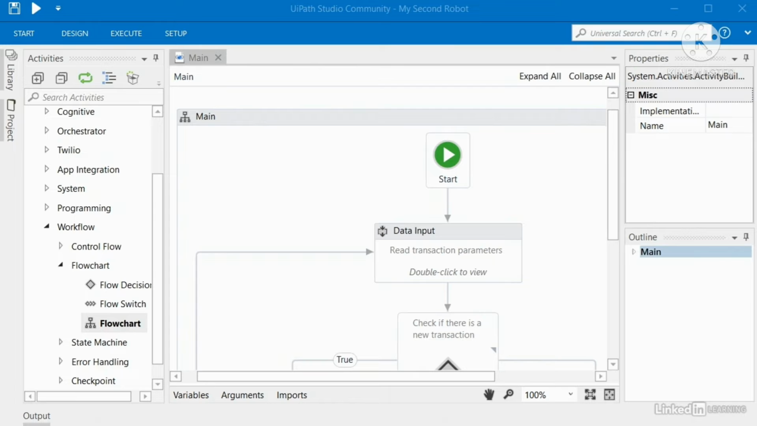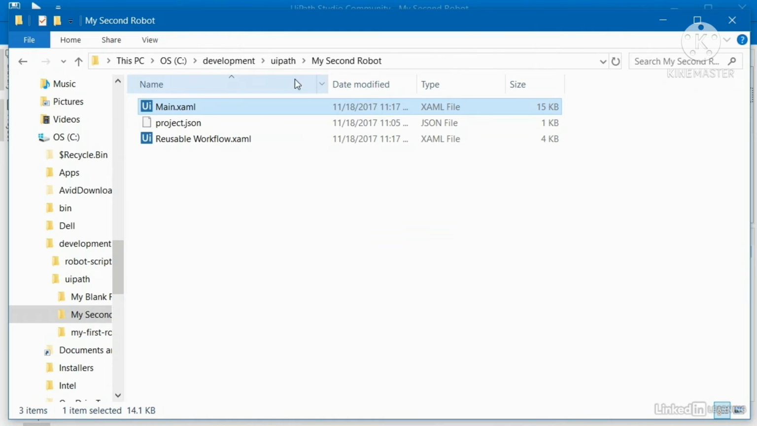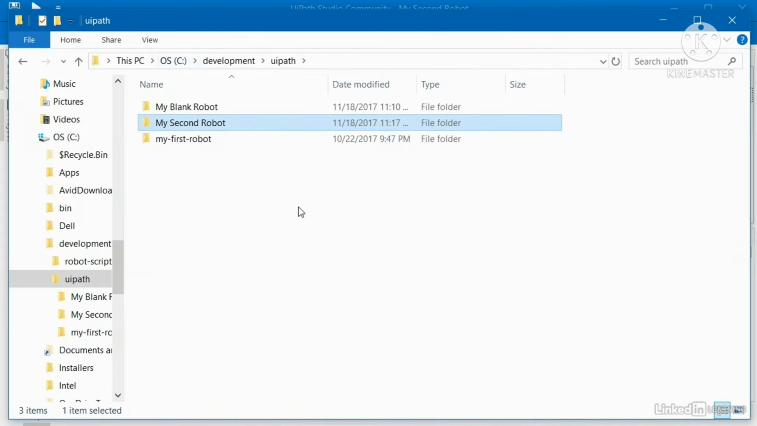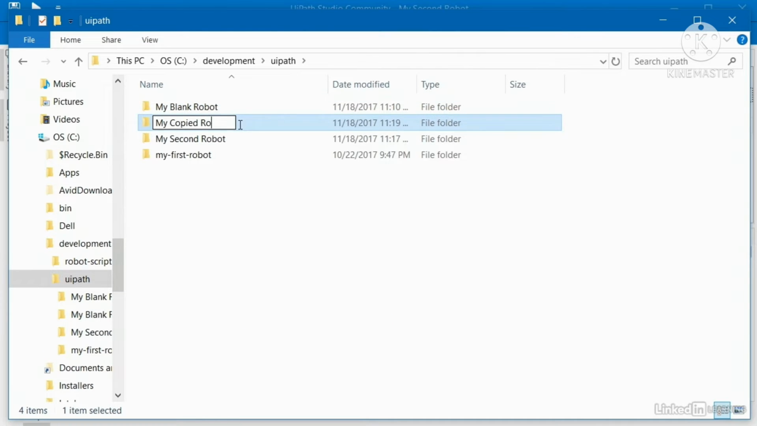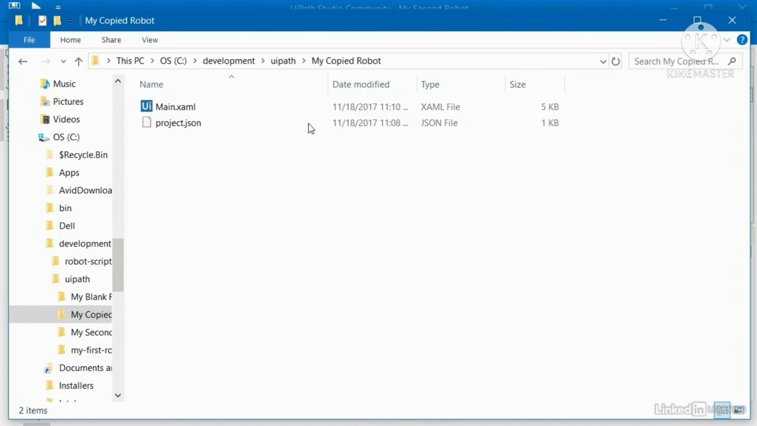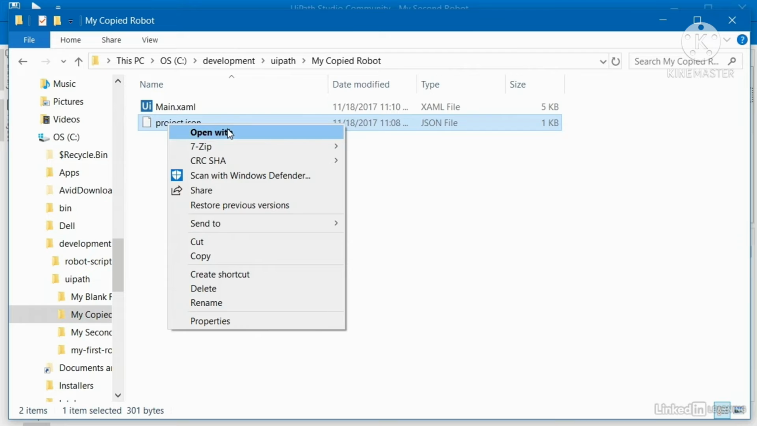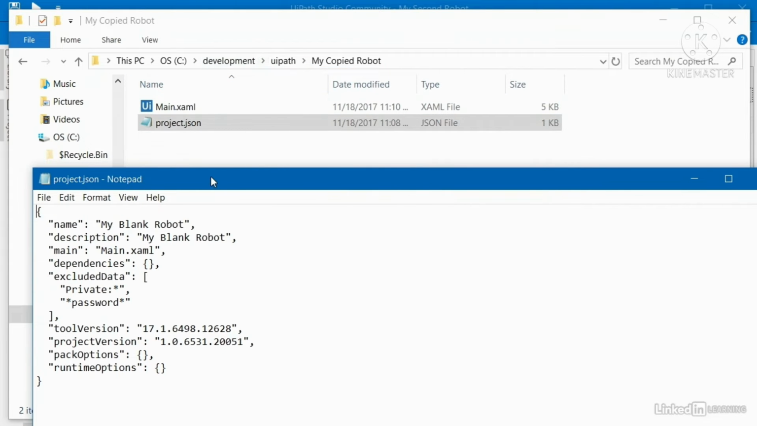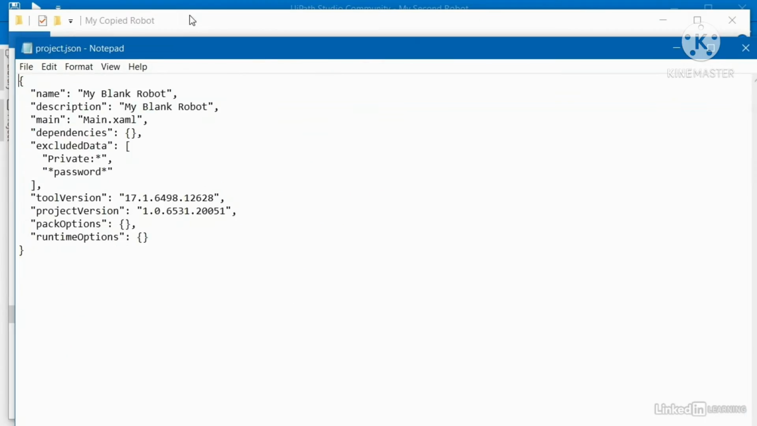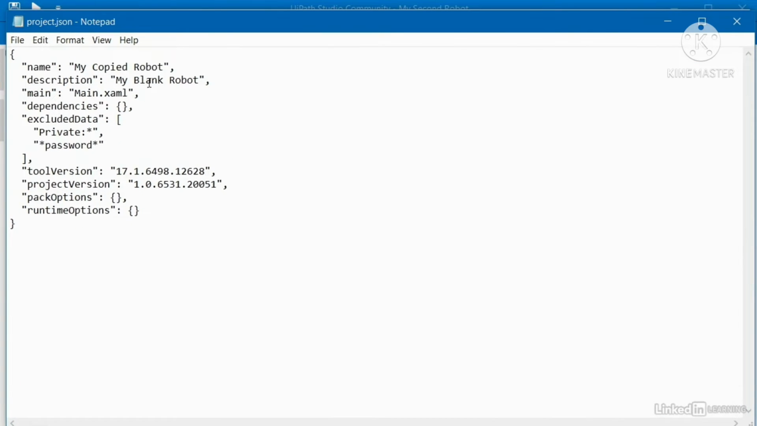Now, if you ever want to create a second robot that's similar to another robot you created, you can obviously jump into your C drive here. In whatever folder you stored your robots, you can copy the top-level project directory, paste it in, rename that directory, and now you've got a new robot project that's based on the robot you copied. If you do that, you're going to want to make sure you go into this project.json file, open with some kind of a text editor, and update the name and description, because those don't get changed when you simply copy and paste the directory. So since we called this my copied robot, I would just change these,